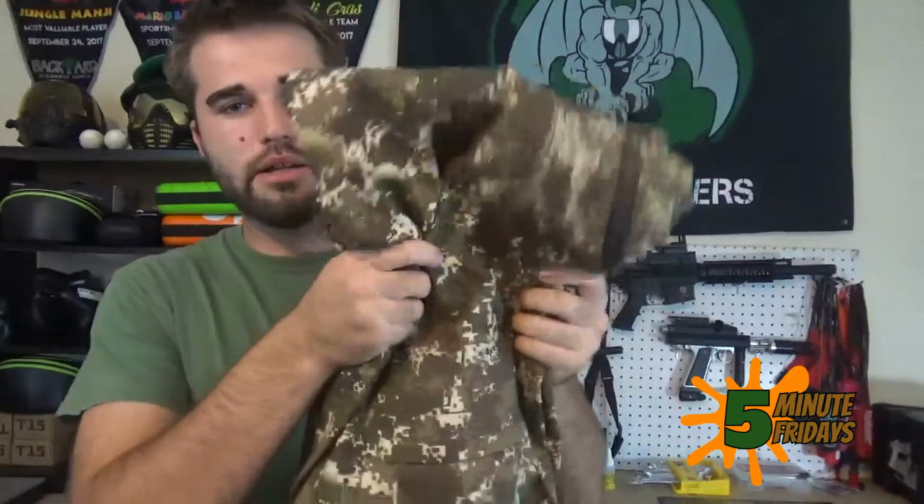Right here I've got Planet Eclipse HDE BDU pants. We use HDE products on our team. We love the way they blend into the woods. They're fantastic camouflage. So the colors are about right. We have lots of browns, some tans, and some greens mixed in there. These are the kinds of colors we do see out in the woods, and they blend in very well with